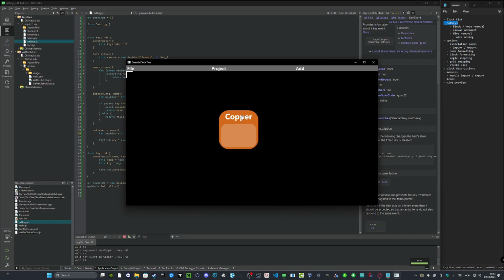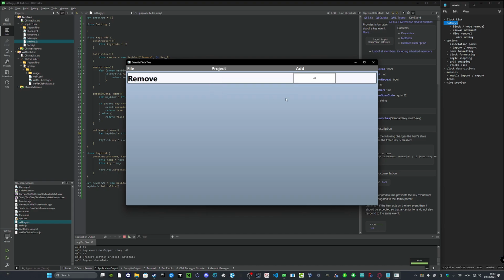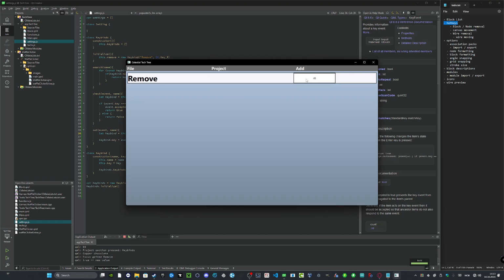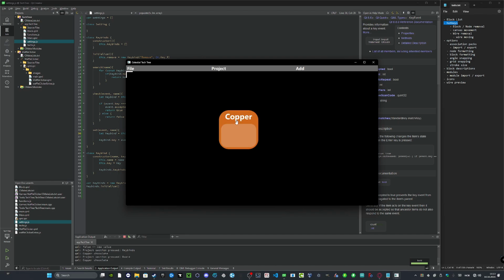Then that changes nothing. Let's see. R is still remove, apparently. So no matter what that value is,